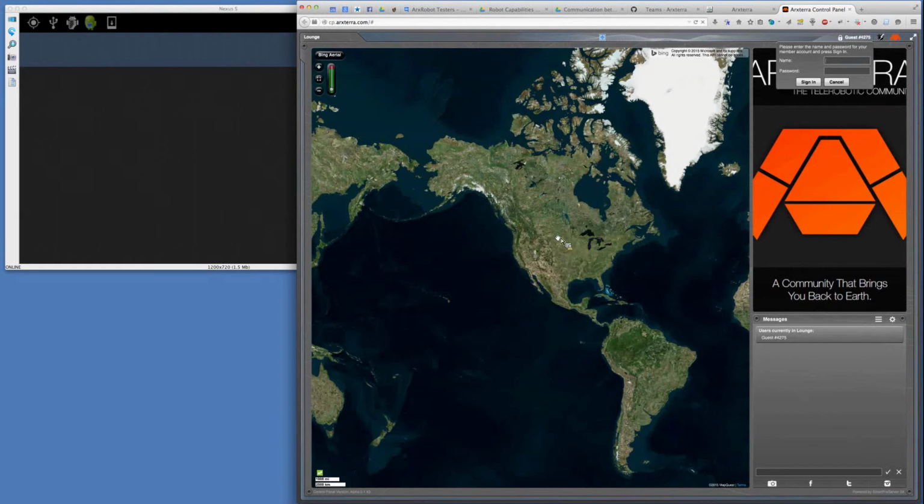And you notice that we don't see any robot pins represented on the map yet because we're not logged in yet, and we should only see robots that are either already piloted or robots that we, with this username, are permitted to pilot. So I'm going to sign in as Bob, and then we should see a pin appear on the map,